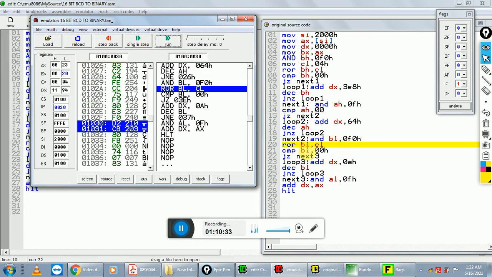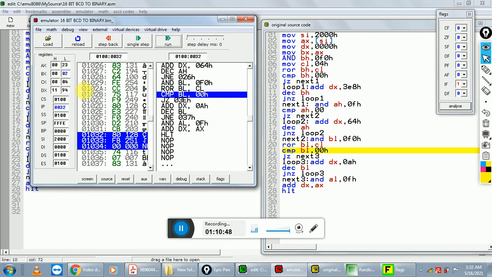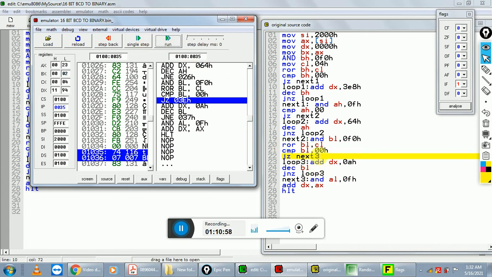And next we take a ROR operation, because we want 2 in the unit place. So we rotate the bits 4 times, and after the rotation 2 comes into the unit place. Again we use 2 as a counter. In this case again compare BL value with 00. So our carry flag status is not high.